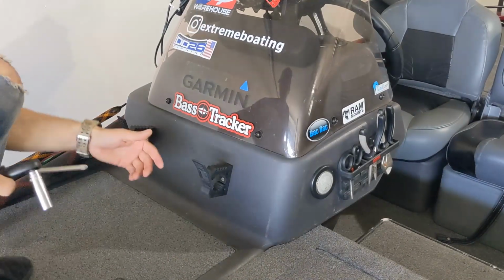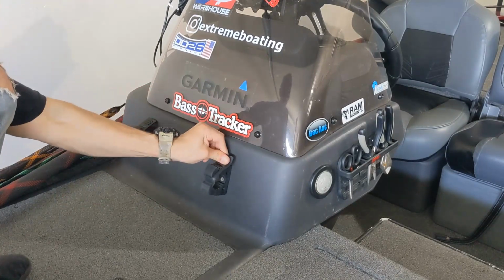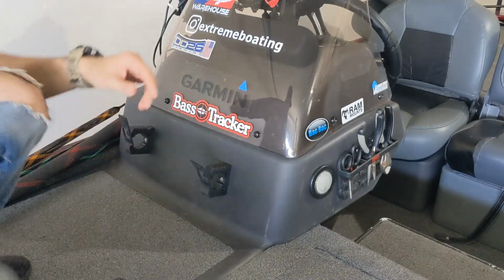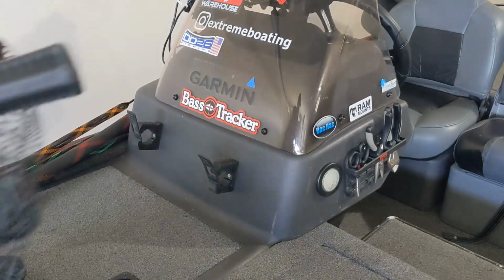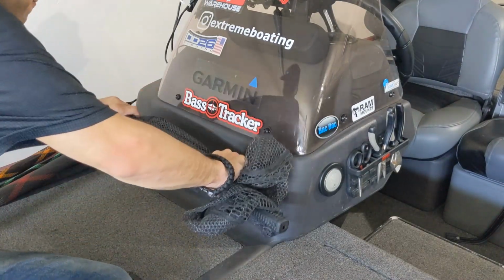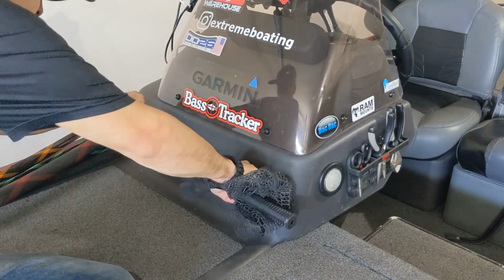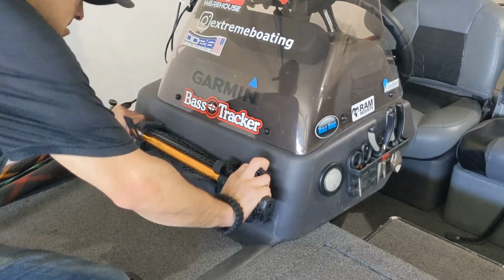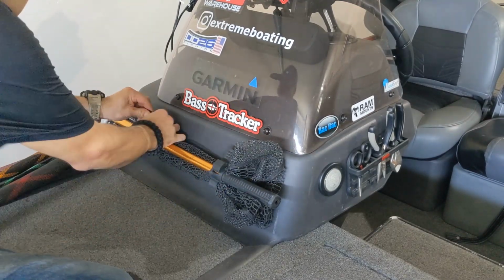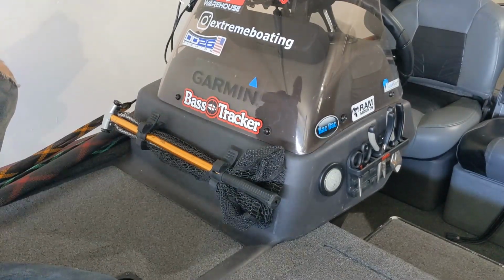Okay, so here we are. Works, it's good. When not in use, just hit it with something like this real quick, close it right up. And when you do want to use it, to hold something like a net or something like that, just slide in, and lock. There you have it. Recommended tools: